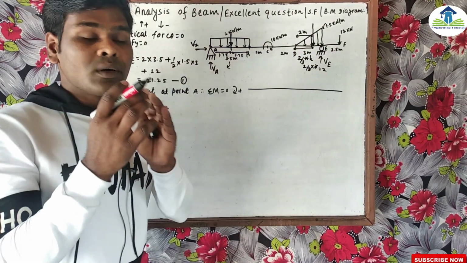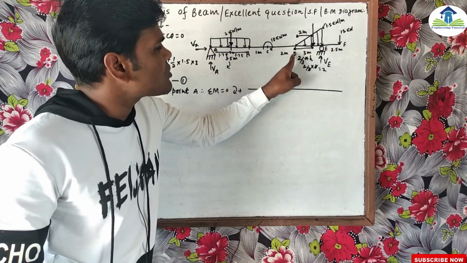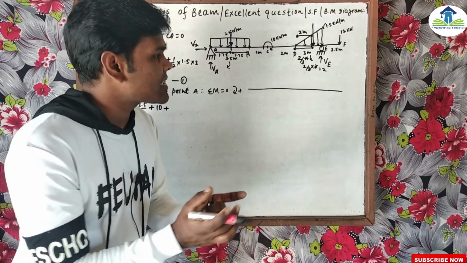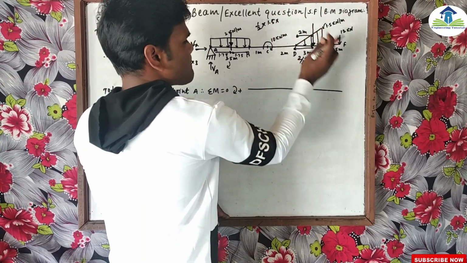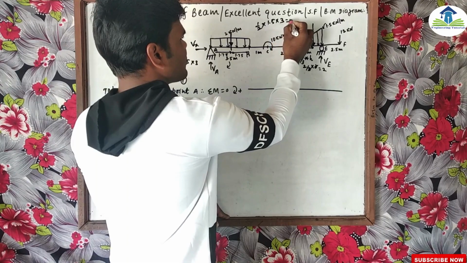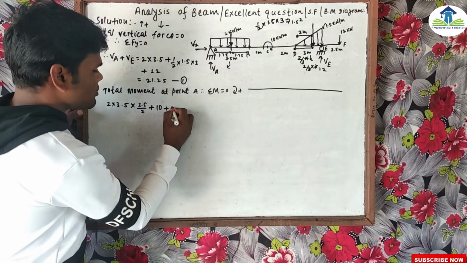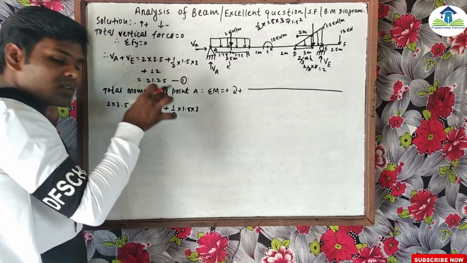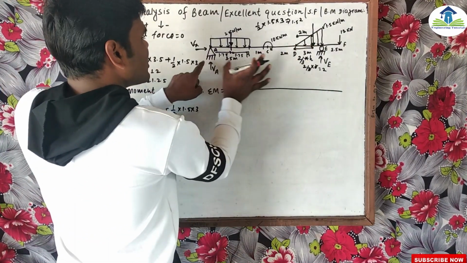At which point is this total force going to concentrate? This is 2 meters from D. And what is the total concentrated force acting? This is 1 by 2 times 1.5 times 3. So if we calculate, this is 1.5 square. So the total force is 1/2 into 1.5 into 3. This is the total concentrated force, and at which point? That is 2 meters from D.